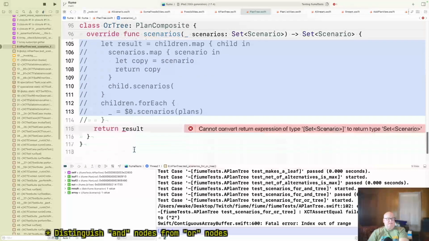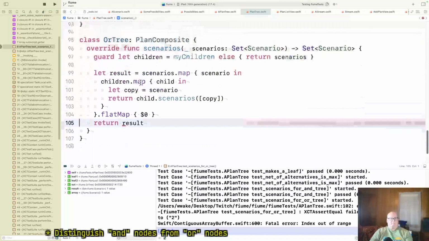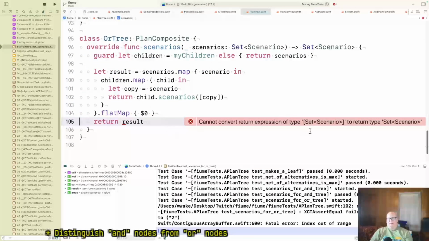Let's see where we are. Set of scenario to type set of scenario. It's like I'm not quite flat enough.